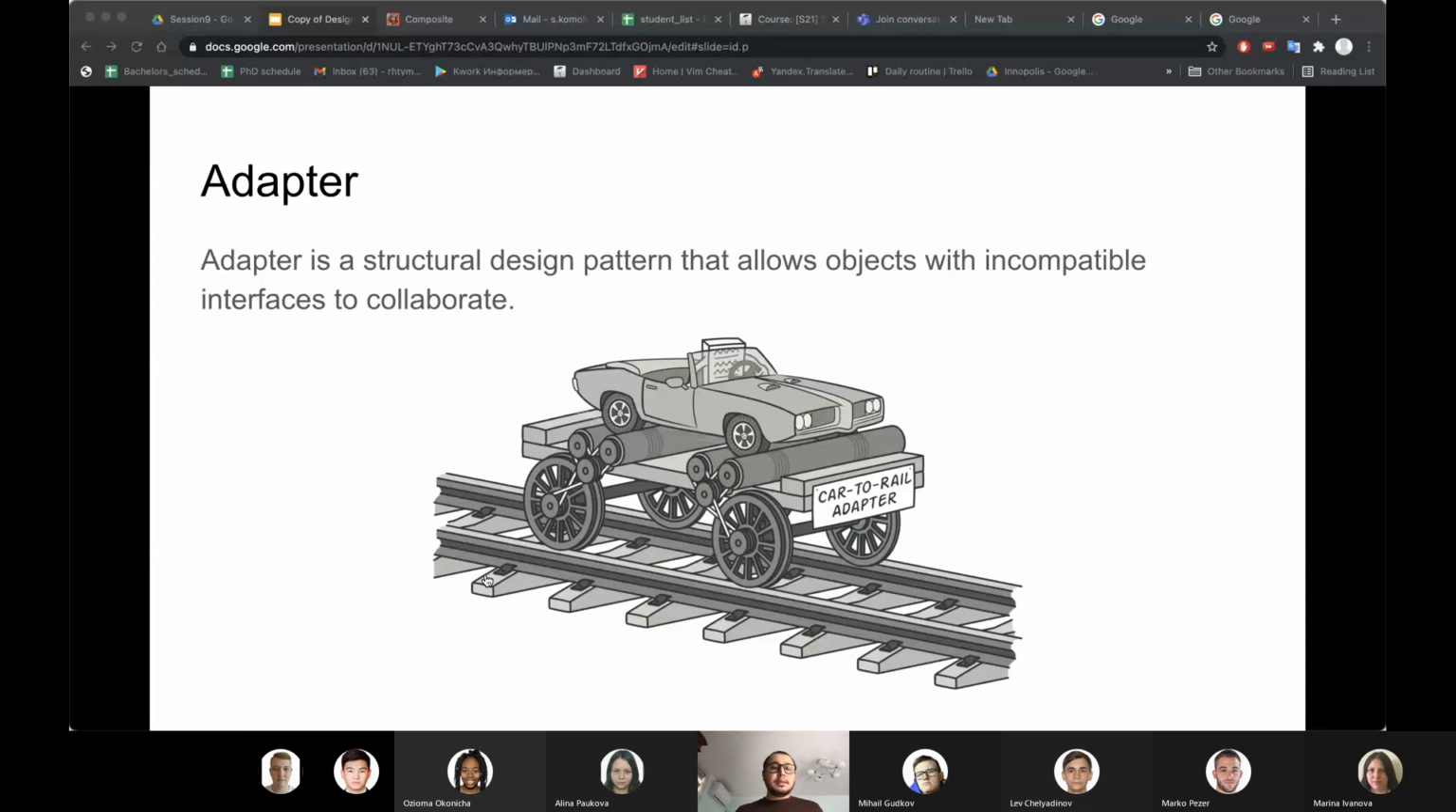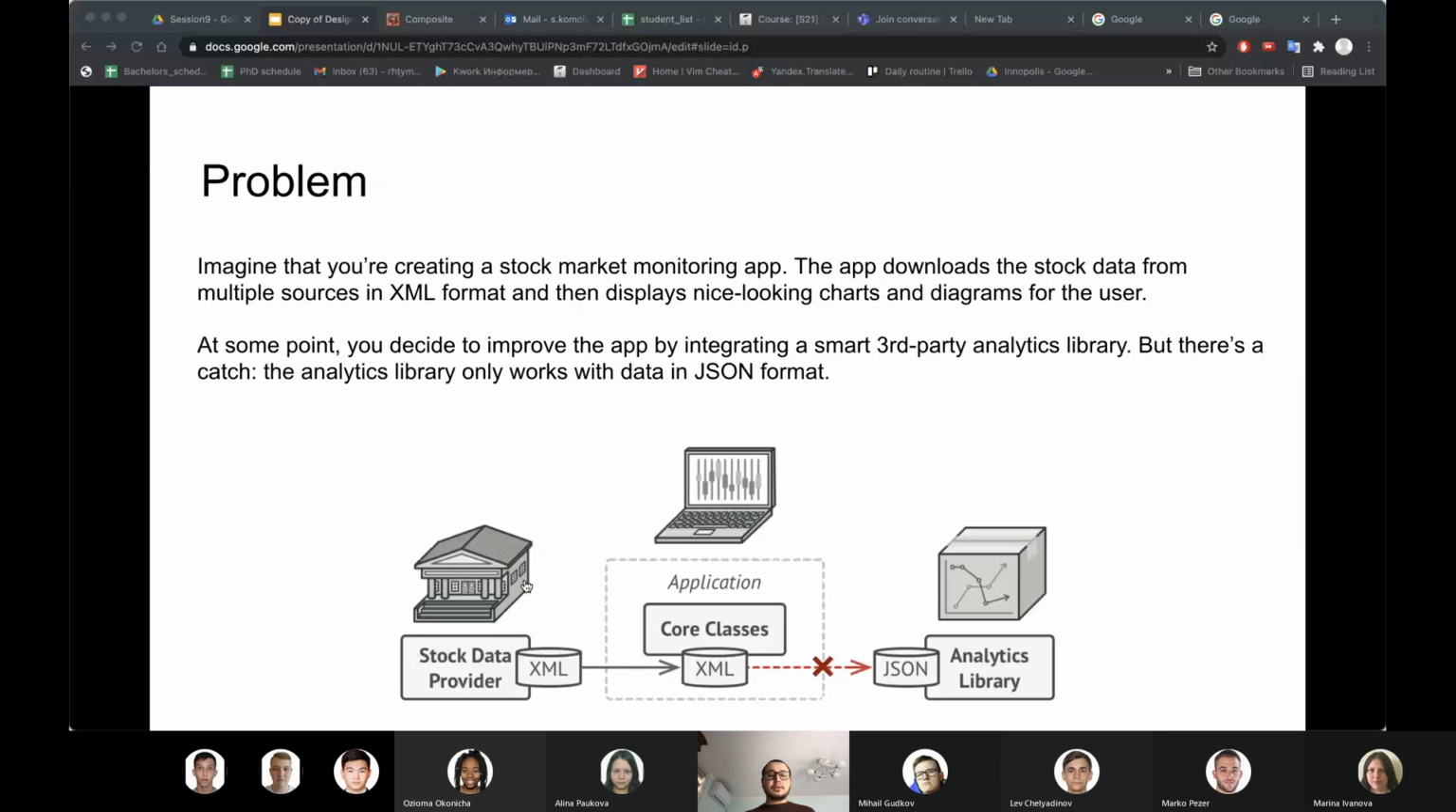This pattern is a structural design pattern that allows objects with incompatible interfaces to collaborate, right? Even from the picture, you can see the car, which cannot go on the railroad. Via adapter, it can go. You may make it possible, right? So if we look at the problem,